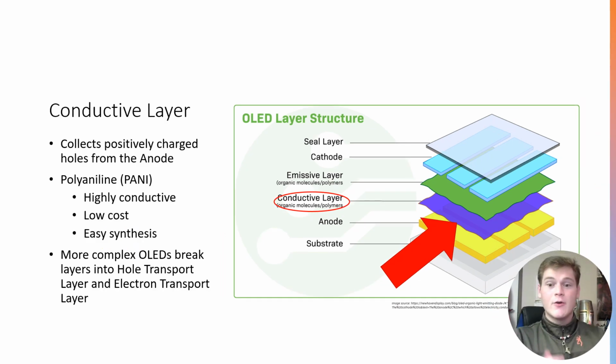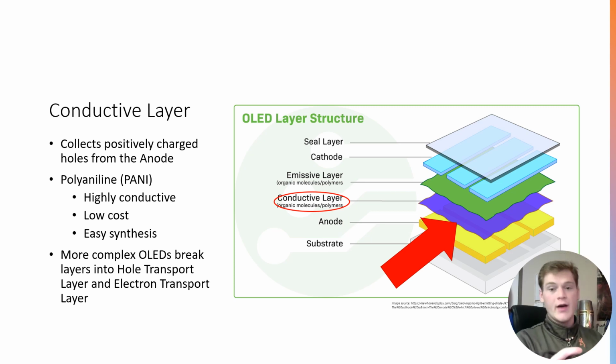So the next layer of organic LED is the conductive layer. The conductive layer is this little layer right here. The big arrow, this yellow arrow, is pointing to it. And its job is probably one of the most crucial within the organic LED. That being said, it is also probably one of the most confusing and varying layers within an organic LED,